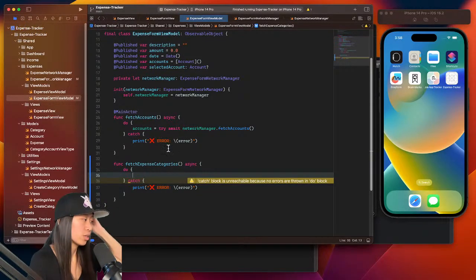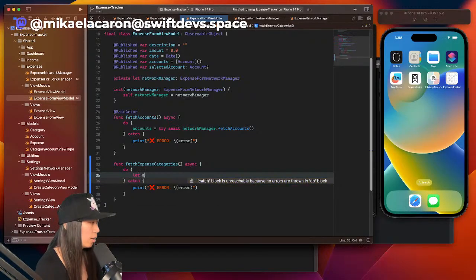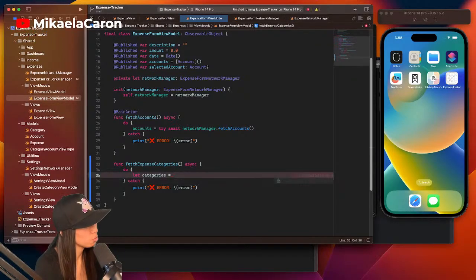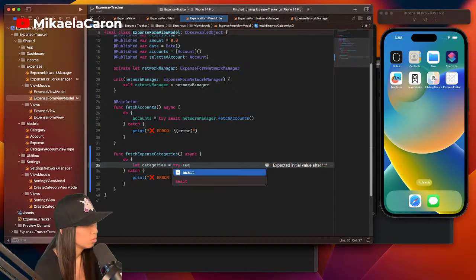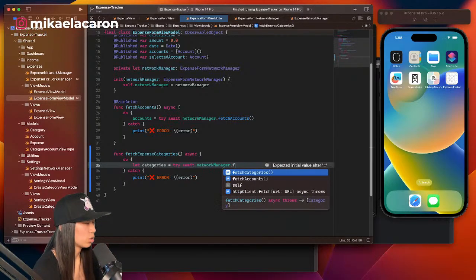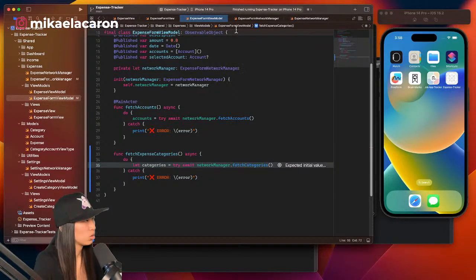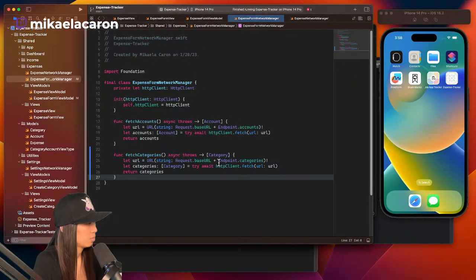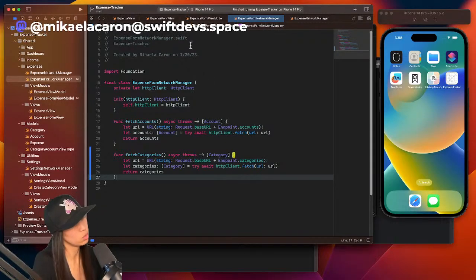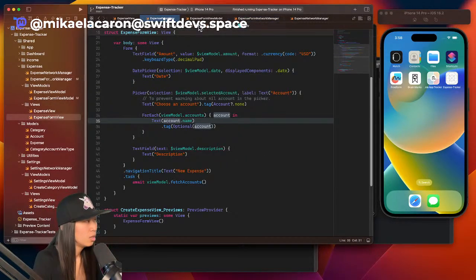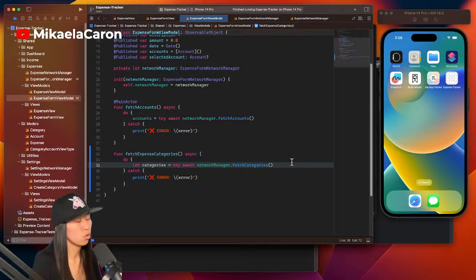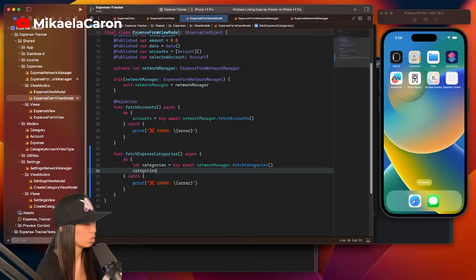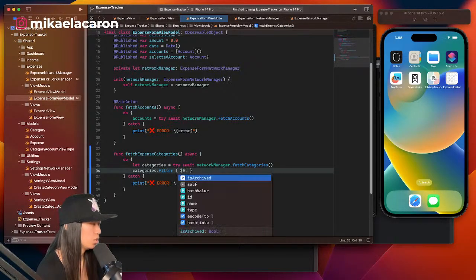Okay, we are doing fetch categories. Do I have a function actually that filters these for me? I don't think I do. So we can do network manager dot fetch categories, and this will give us all of the categories. Yeah, we are fetching all of the categories right now, because when we do this somewhere else, we need all of them. So technically we'll be fetching more than we actually need, because we want to do categories.filter, and we actually want to filter this by